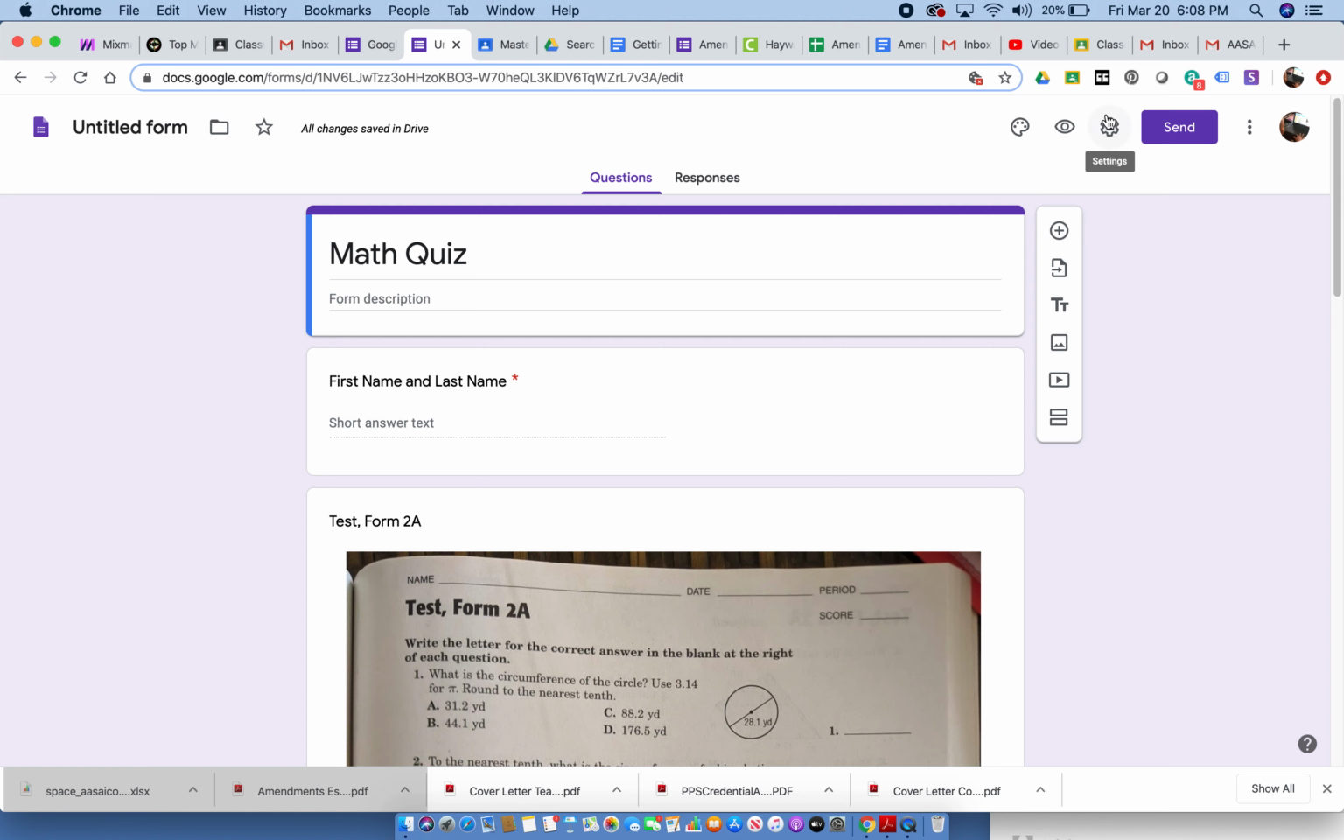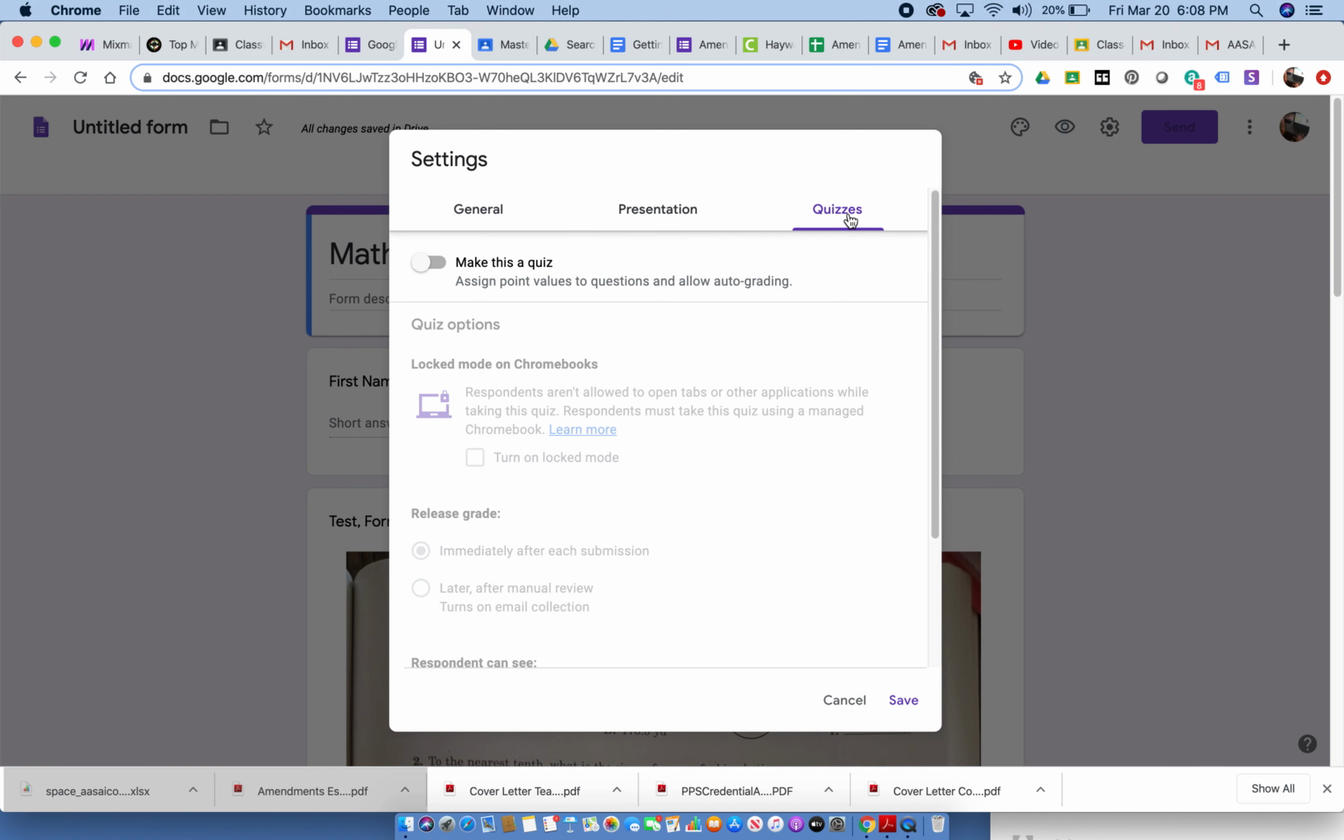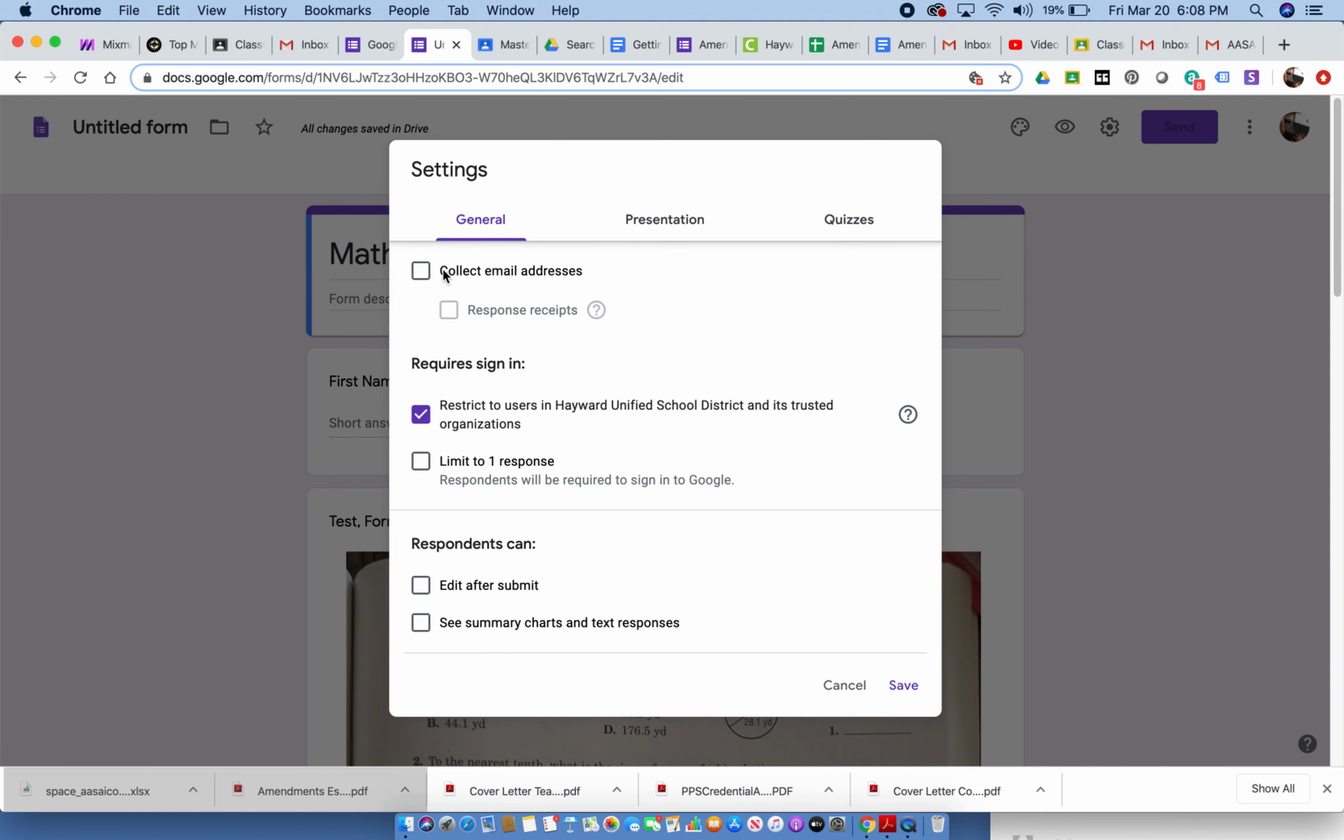You can come over here to settings, and when you click on settings, it asks you for your general information and whether or not you want to collect emails. You can do that, or you can just click right over to quizzes. And once you say you want to make this a quiz, then it immediately will grab all of the student email submissions. So when you go back to general, once you've made this a quiz, usually it says it's already done it, but in this case, we'll just do it anyway. Click on collect email addresses,